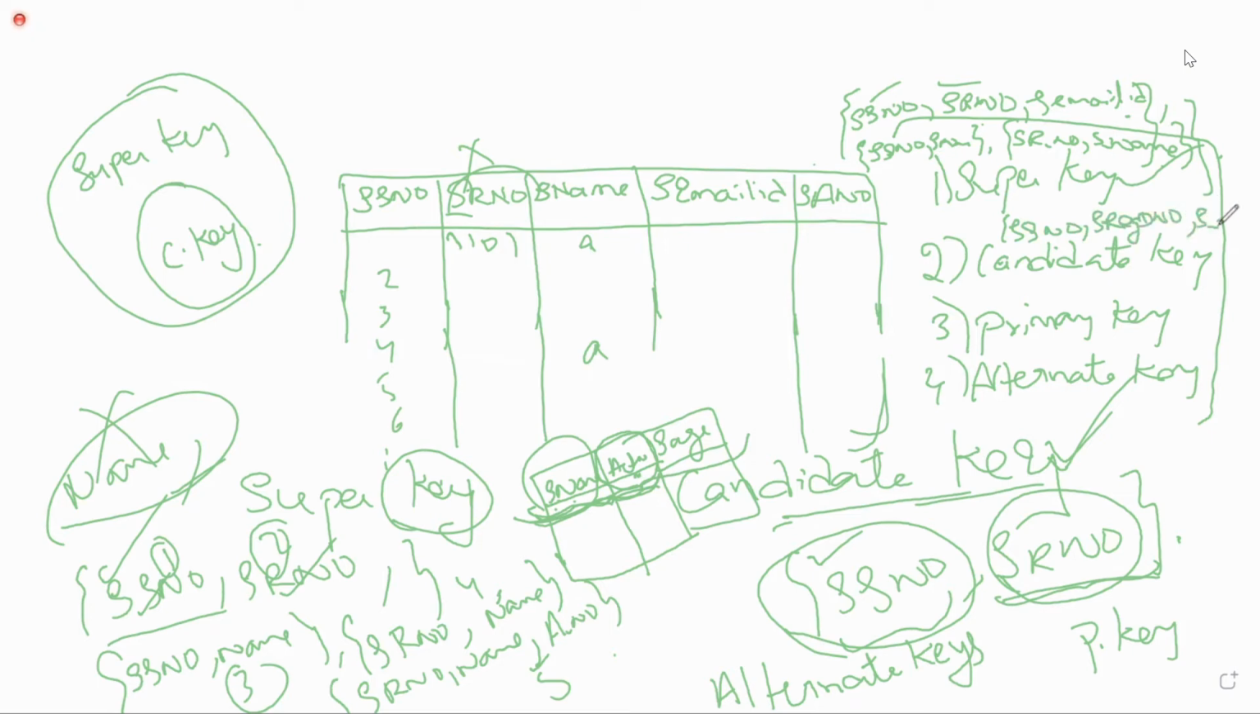Registered number, email ID. Okay, student serial number, student registered number, student email ID. So I can say now that this is the definition of the candidate key. The minimal set of a super key is called a